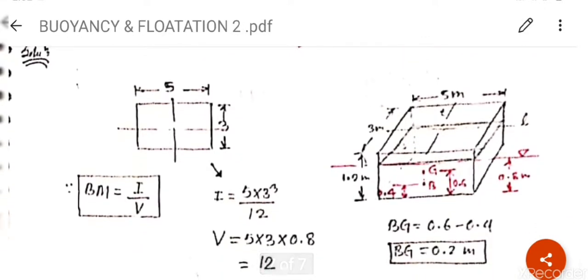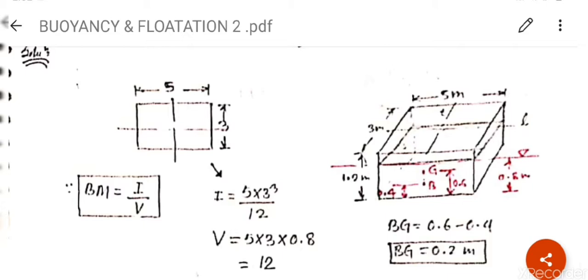This is the diagram. Clear? Length of the body is 5 meter, width is 3 meter, height is 1.2 meter. But how much is inside the water? 0.8 meter. Clear? So you can find out